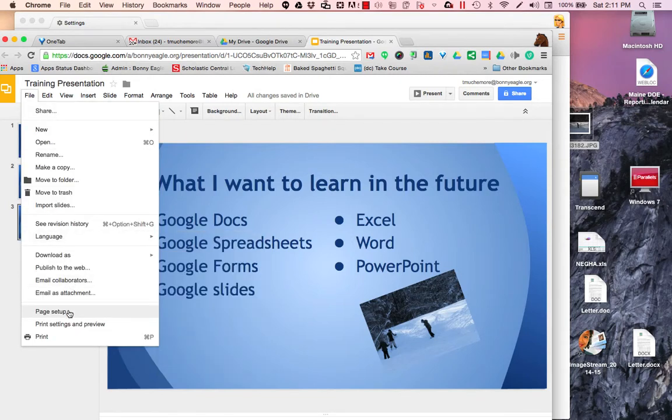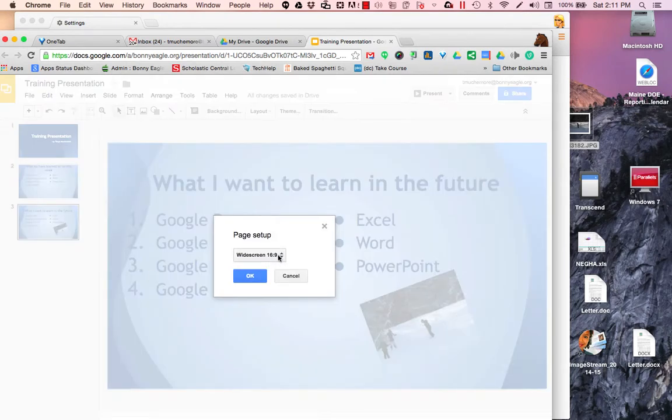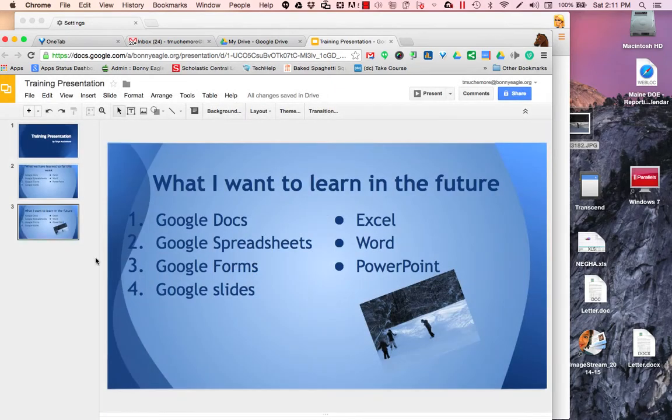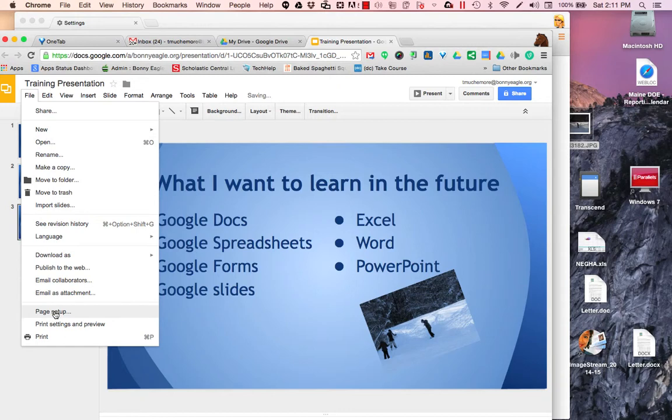I can change the page setup. So right now it's widescreen 16:9. I can change it to 16:10, custom, or standard 4:3. Maybe it's 16:9. I can see the print settings in the preview. So if I click on this,